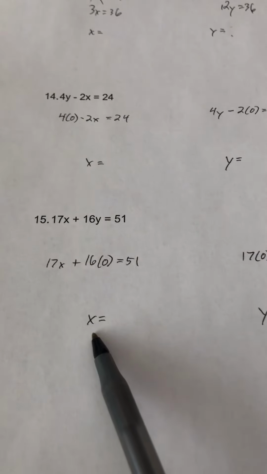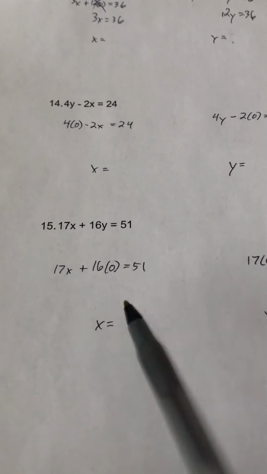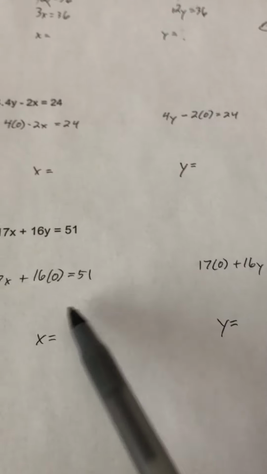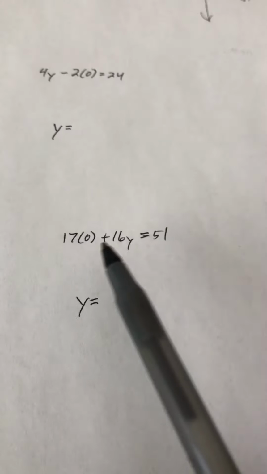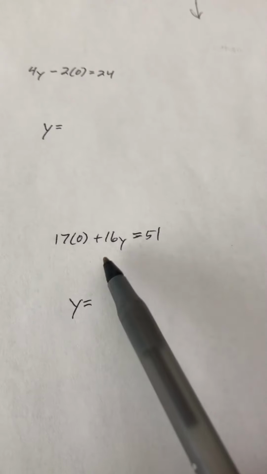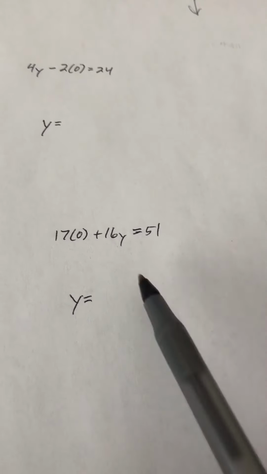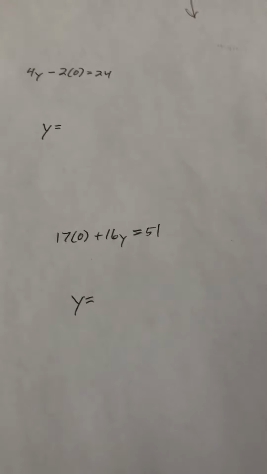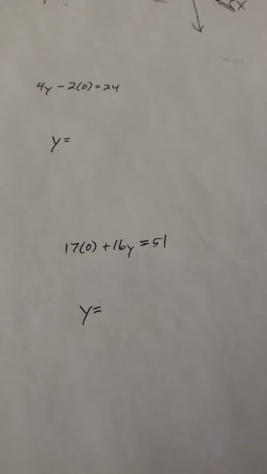And then 15, your last one, you're going to set your y to 0 to figure out your x. So it's going to be 17x equals 51. So divide both sides by 17, you get x. This one, you're going to set your x to 0 to figure out your y. So you're going to have 16y equals 51. Okay, and then you'll figure out your y. And it would be